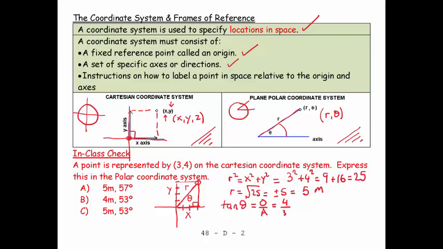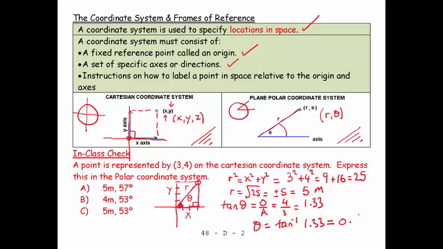Let's be clear, the angle is down here in the corner, and so I have 1.33, so theta is equal to tan to the minus 1 of 1.33. And so I get my calculator and I say, oh, it's second tangent 1.33, and I get an answer of